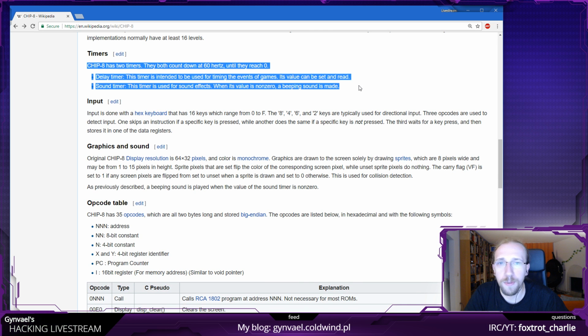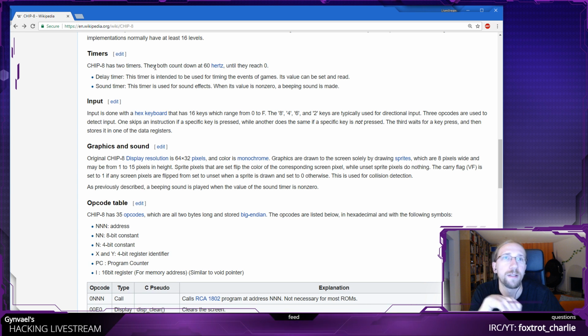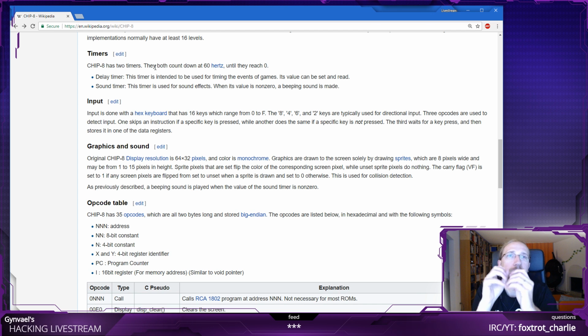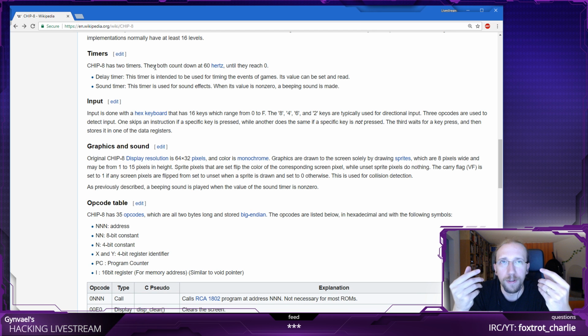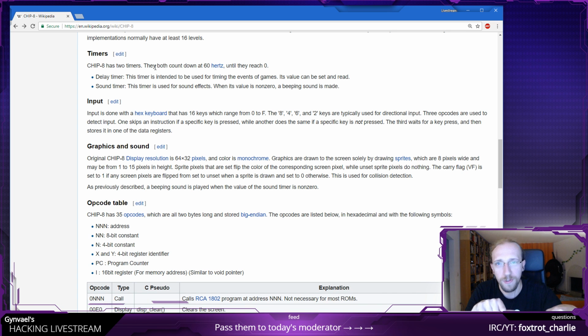Okay, then it has timers. This is going to be fun implementing 2 timers. The timers count down at 60 Hertz, which basically means that each timer might have a register with some value, and 60 times per second the value is being decreased.